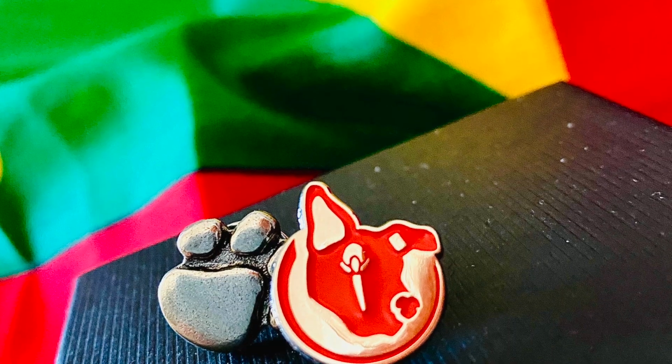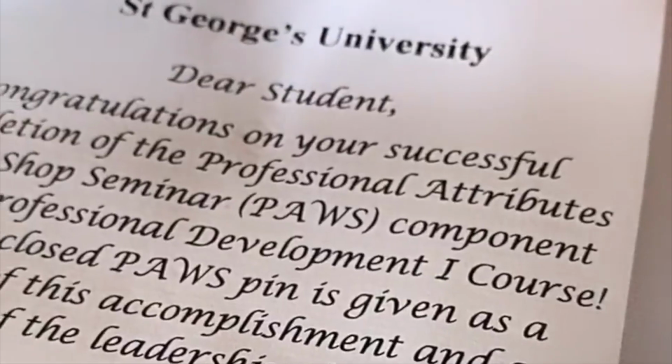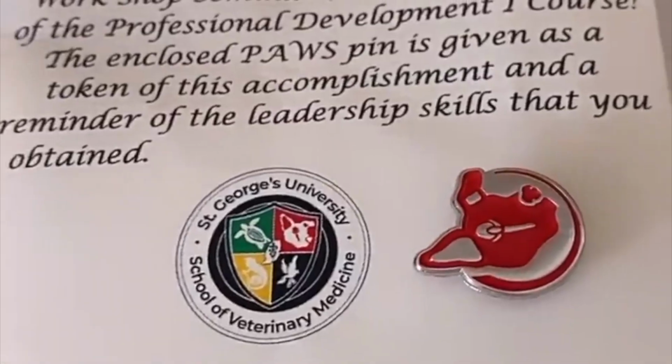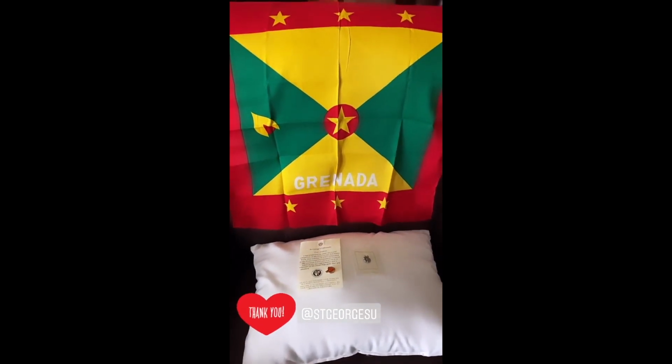Later on, we received a little small pin that shows our house. So I'm House Clove, the Pot Hounds, and it was just a little gift for completing the PAWS workshop. The first week of school, we had 2 Zoom calls, which we did the professional attributes workshop seminar. They also included a small enamel paw print pin and a flag. I know people have been putting it up, pinning it to decorate their room, their desk. So yeah, it was very thoughtful and nice of them to have sent us that little gift for completing the